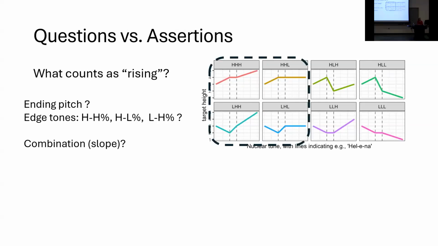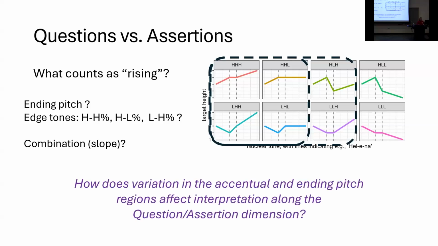Or does it have to do with the ending pitch? So is it the case that if the trajectory ends high, then it's a rise, and if it doesn't end high, it's not? Or is there some particular combination of the edge tones that signals a rise? So maybe it's just the HH and the HL edge tones, or maybe also the LH, because that also ends high. Or maybe it's the combination of the pitch accent and the edge tone, so it's the slope of that trajectory that matters. Oddly, nobody had really asked this question before, so we took it up and asked,